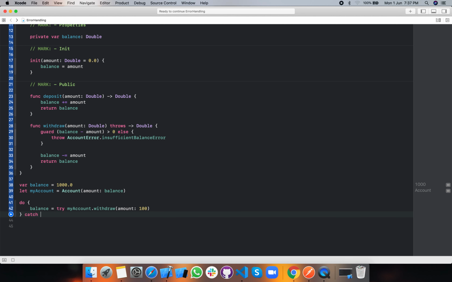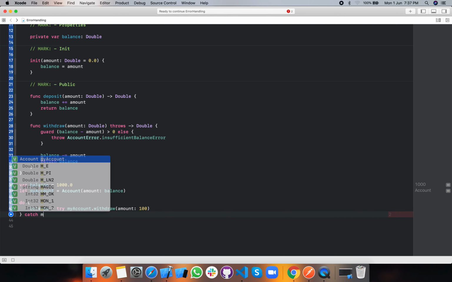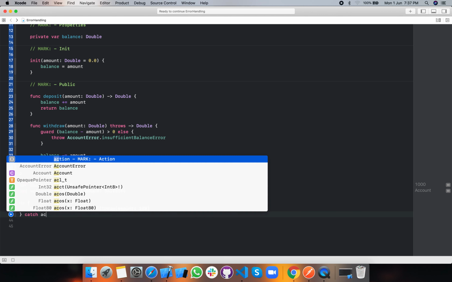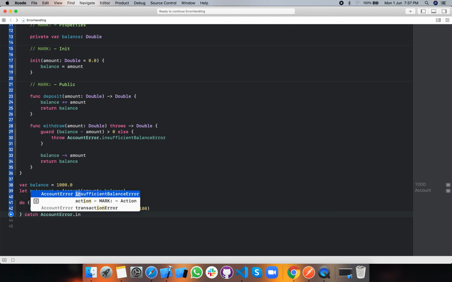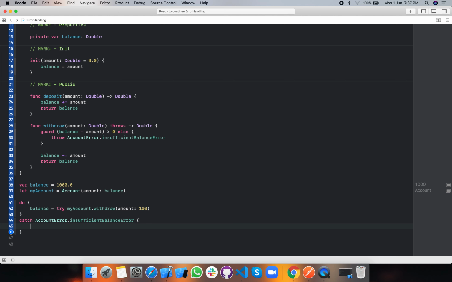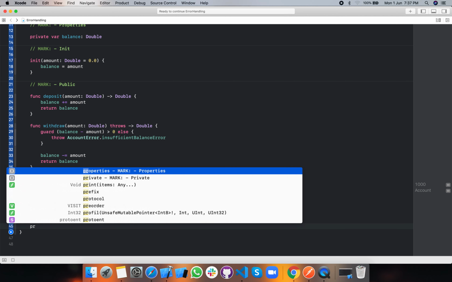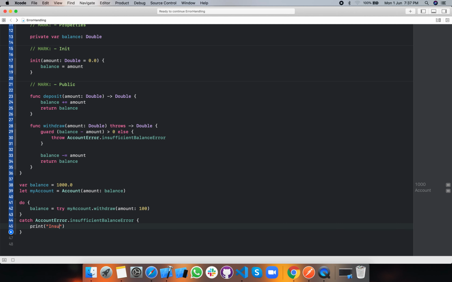For example, we can say if error is AccountError.insufficientBalanceError, what we can do is print, insufficient balance, please try lesser amount, and let's run this.